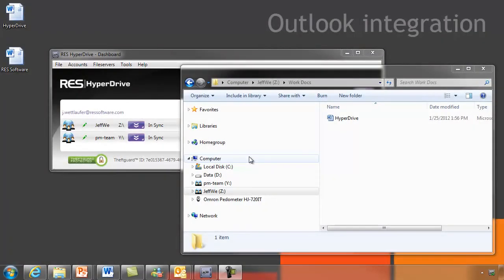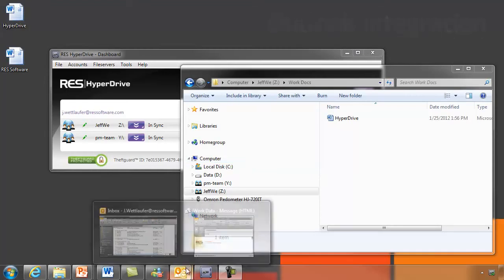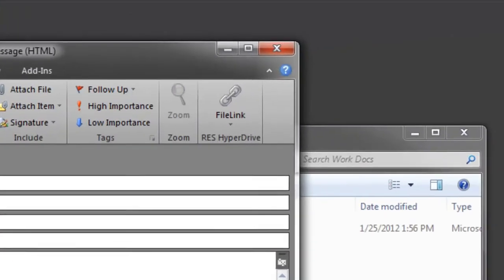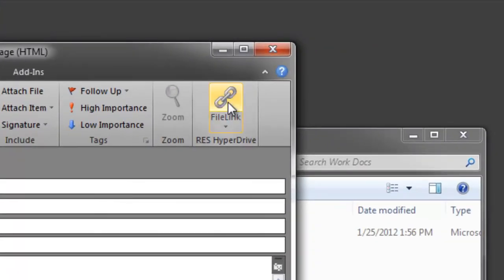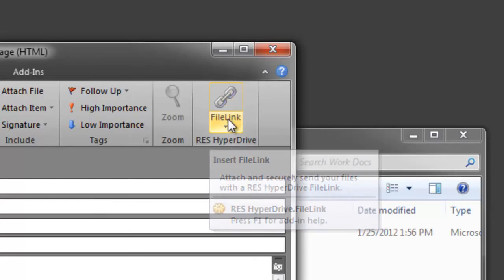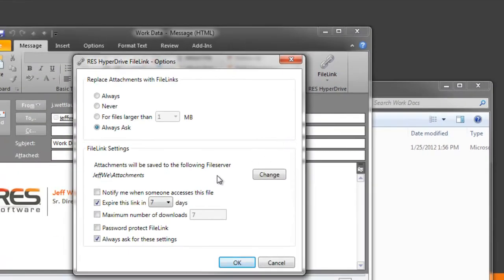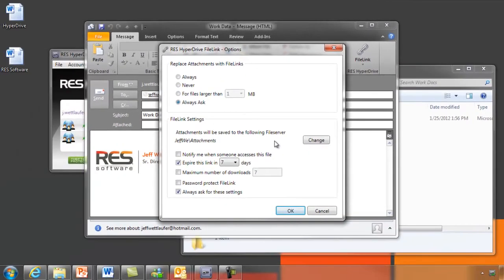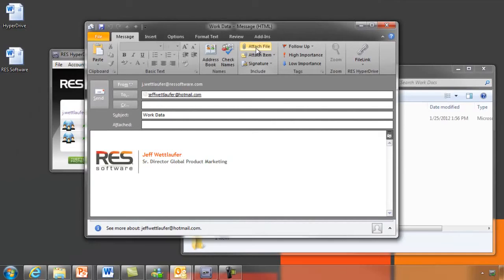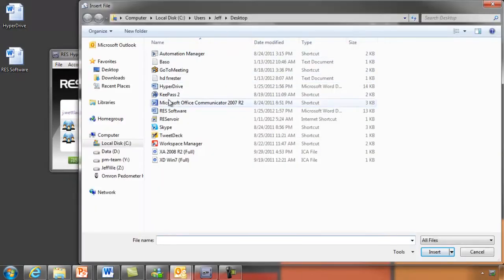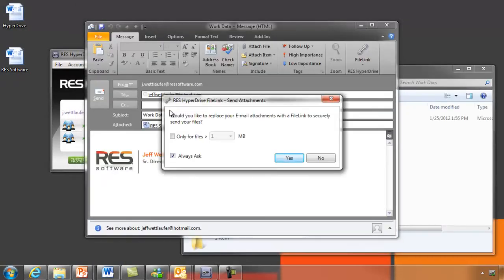RES HyperDrive also supports integration to Outlook and provides alternative options to file attachments and messages. Let's take a look. Here in my Outlook ribbon, I have an RES HyperDrive icon. If I select this, I can configure options and settings for the behavior of RES HyperDrive, or simply attach a file. If I compose a new message and attach a file to the mail, you will see a small window